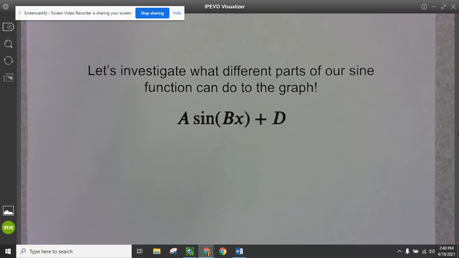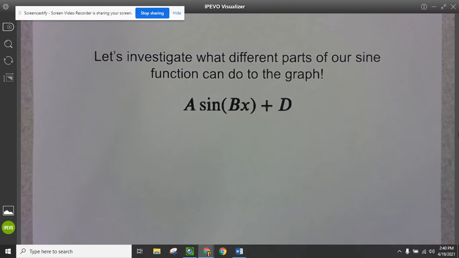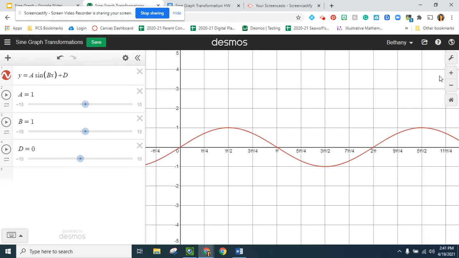All right. So we are going to really quickly take this graph and look at what happens on this Desmos activity that I made, but we're just going to do this together really quick. Excuse me, get myself all situated here. So I'm going to come over here. So here's my function. I have A, B, and D set up as sliders. So this number out in front,